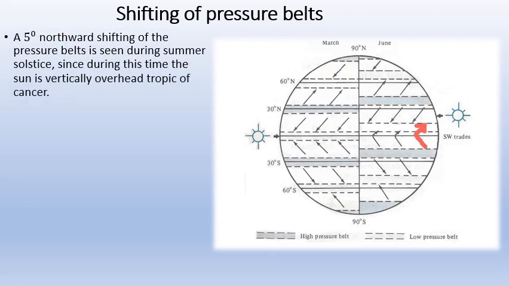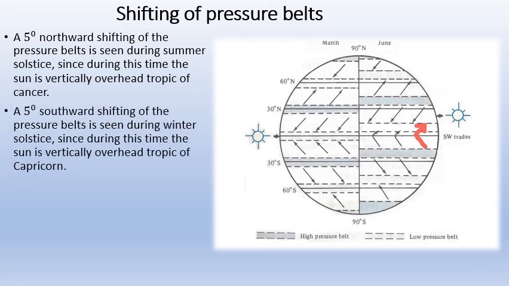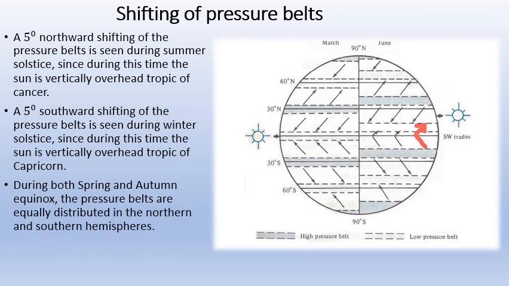A 5-degree northward shifting of the pressure belts is seen during summer solstice, since during this time the sun is vertically over the Tropic of Cancer. A 5-degree southward shifting of pressure belts is seen during winter solstice because the sun is vertically over the Tropic of Capricorn. During both spring and autumn equinox, when the sun is directly facing the equator, the pressure belts are equally distributed and there is no difference in